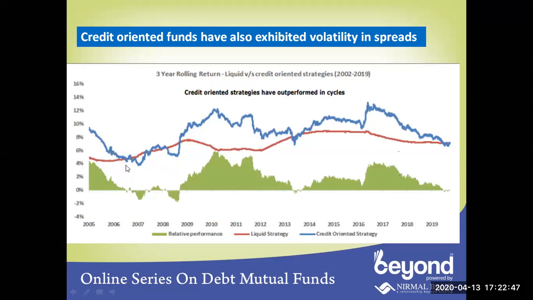So here also, we have seen different cycles going on. If one would have earned 12% here, he will think, okay, the credit fund or the accrual strategy is giving 12% return, let's invest. But the current return of that particular category is around 6% or 6.5%. So it's not always that from a particular category point of view you can make some range.